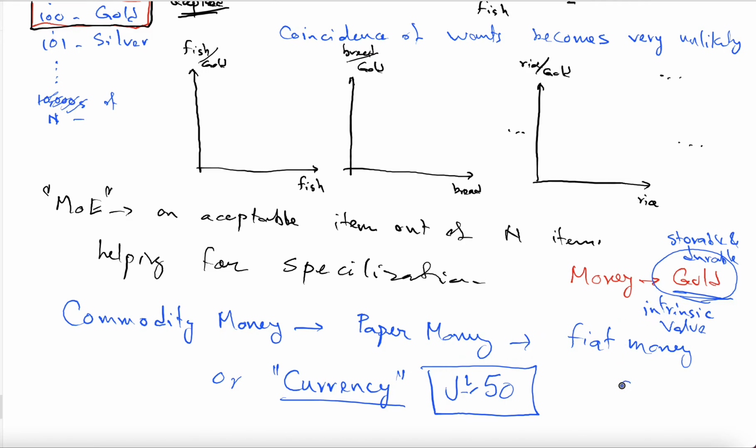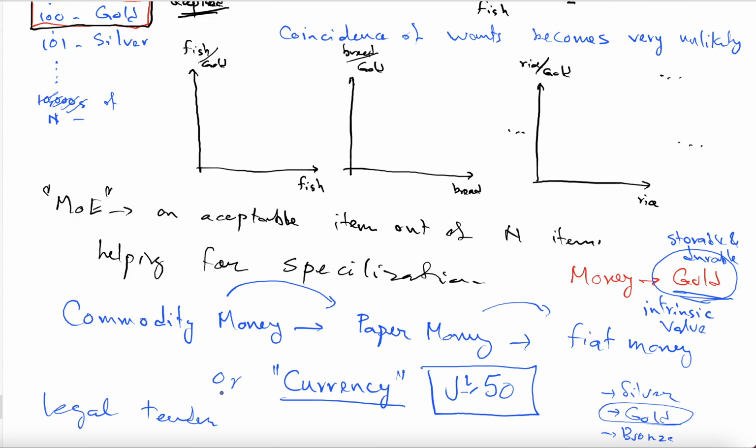Like with the competition between silver and gold and bronze, of course bronze is more available than silver, than gold. So you have to pick up an item which is rarer and more durable. Hence, if people are storing it, their value is going to be intact for a longer duration. So that is the story behind money. We're going to talk a little bit about how commodity money is converted to paper money or fiat money or legal tender.